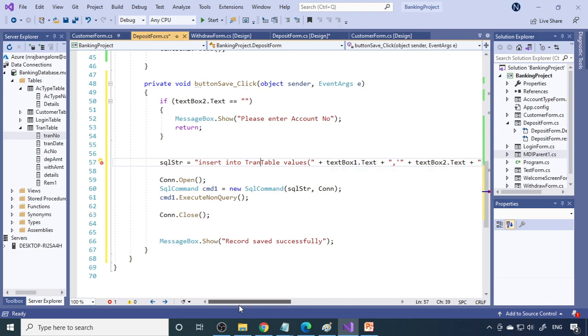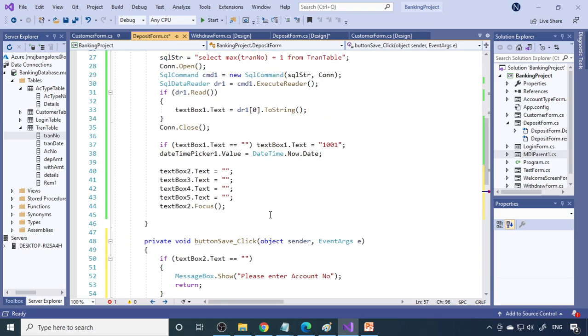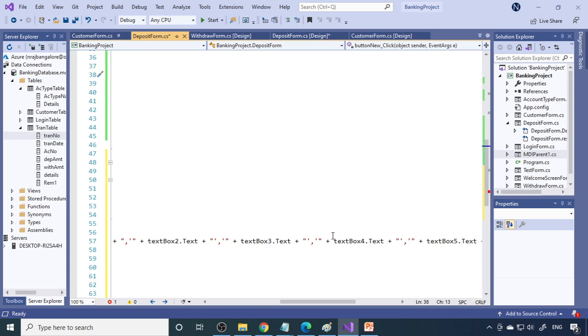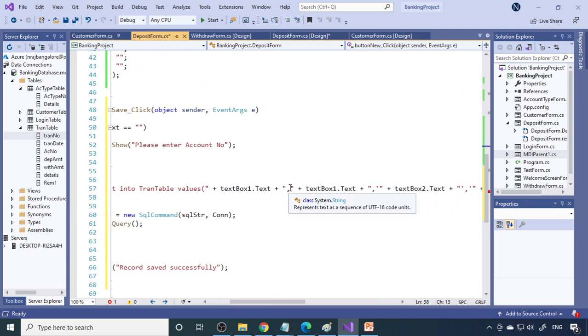Okay, textbox 1. So after textbox 1, you need to take the date time picker. So here you take DateTimePicker dot value. Okay, so for date again single quote is required. So therefore place single quote both sides.